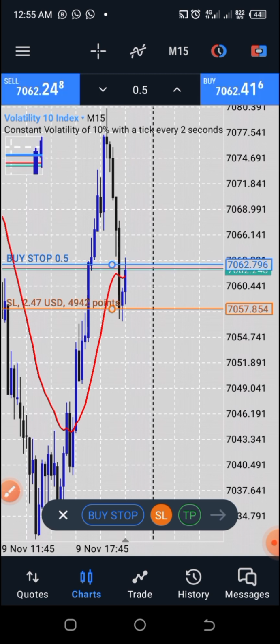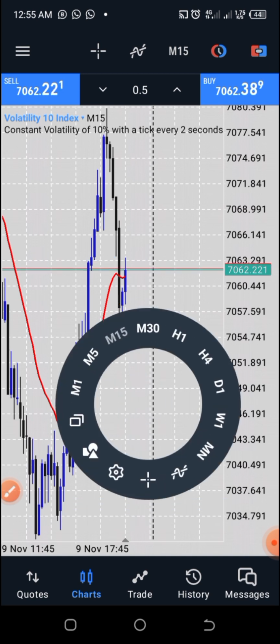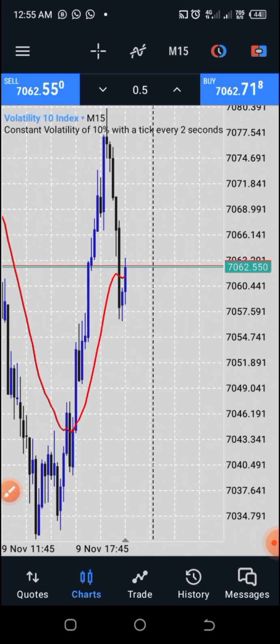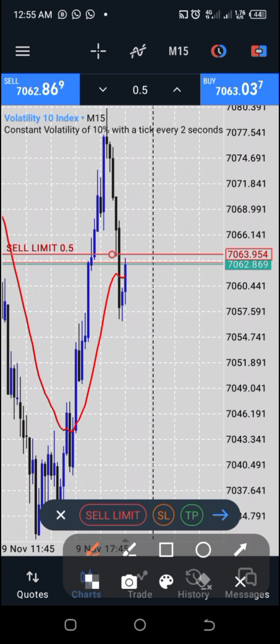Let me maybe press it near so that it can activate it. I'm on 15 minutes time frame, and you know, 15 minutes it's a bit longer. It may not reach there when I'm still there. So that's it. You make sure that it is above the market price, and if you are using this icon as I told you, this one,